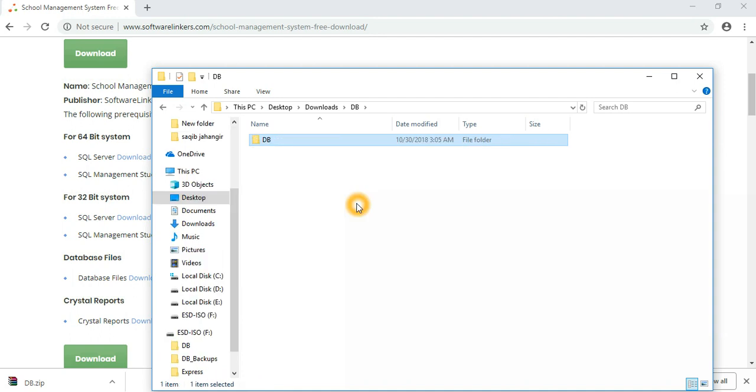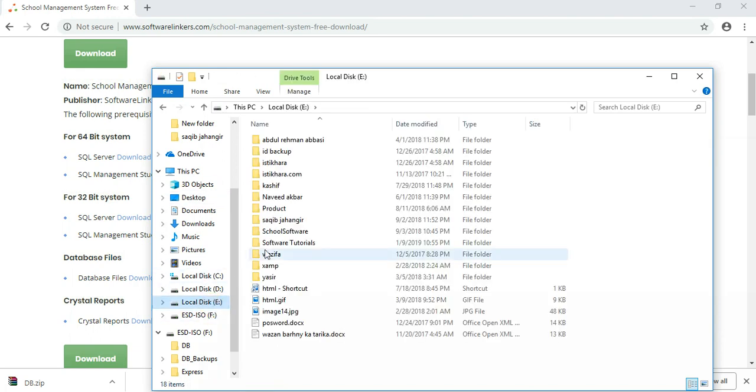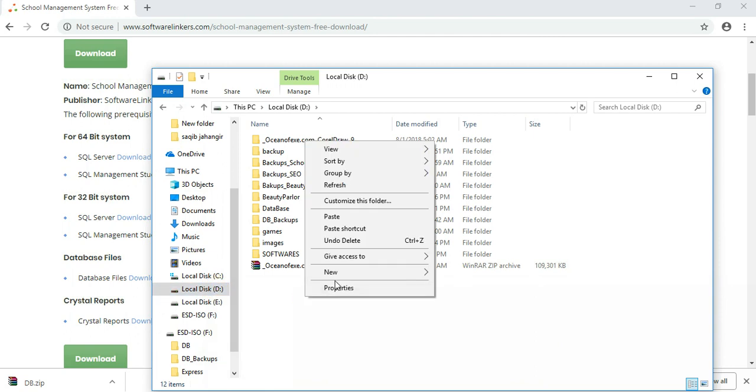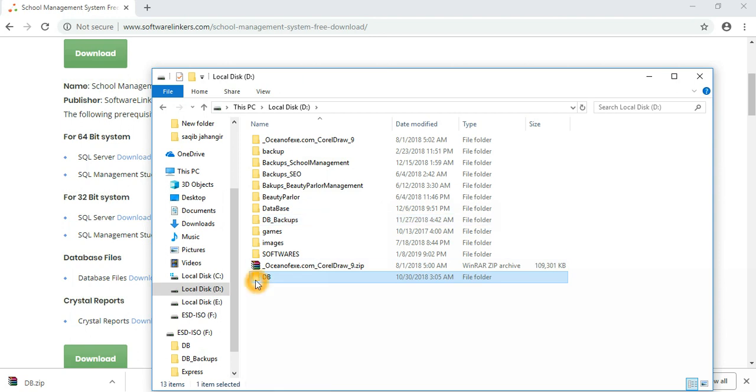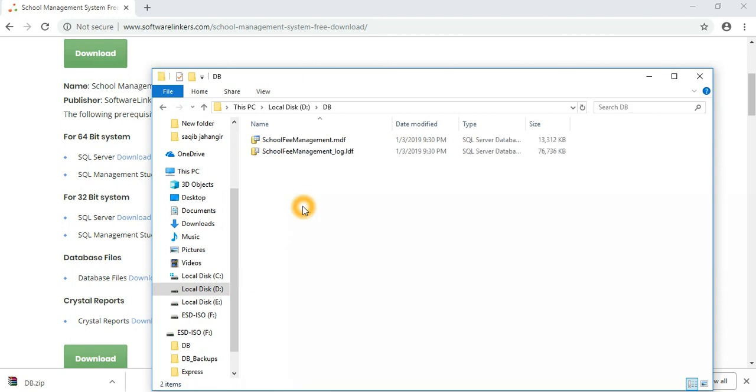For safety point of view, I will save my DB folder to some other drive other than C. I copied it and in E drive or D drive I just pasted it. You see, these files came over here.